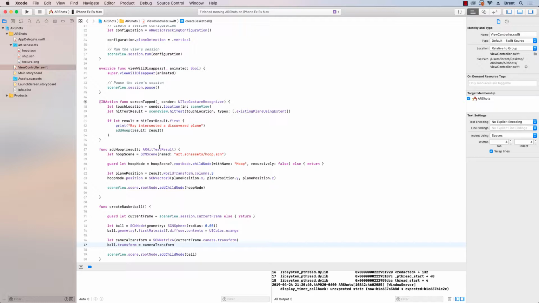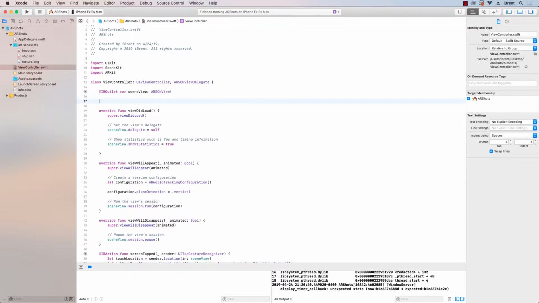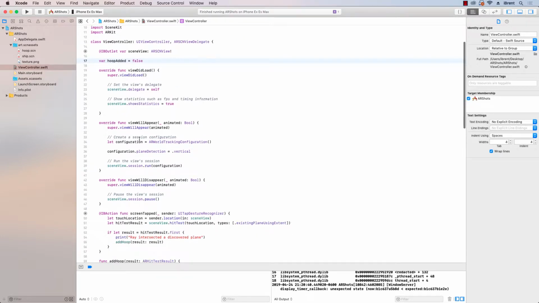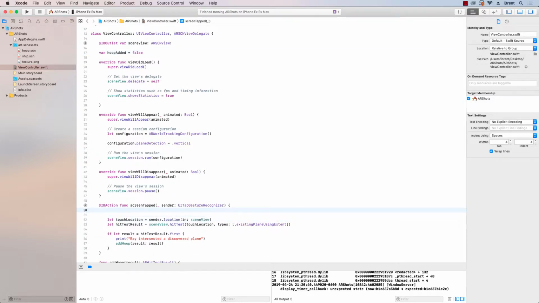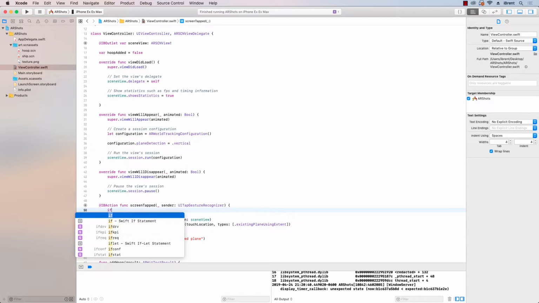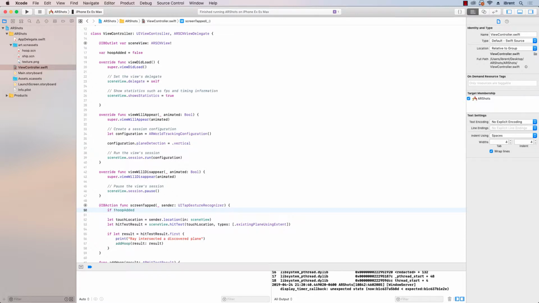So the question is, when do we add the basketball? Well, we want to add it when the screen is tapped. Now, currently, this method will place a hoop every time the screen is tapped. So how do we fix this? Well, one way is to create a Boolean that says, is the hoop added? And you could say var hoopAdded and set it to false. Then you can check for that the first time the screen is tapped. And here you could say, if not hoopAdded, if it's false, then we can